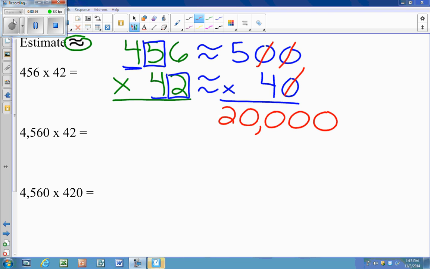In estimation, I have to make sure I round each part of the problem, and then I solve, and that'll give me my estimated answer. If I just round my answer, that's rounding, that is not estimating. So for the next example, we have